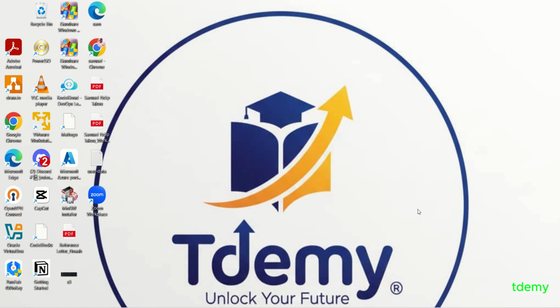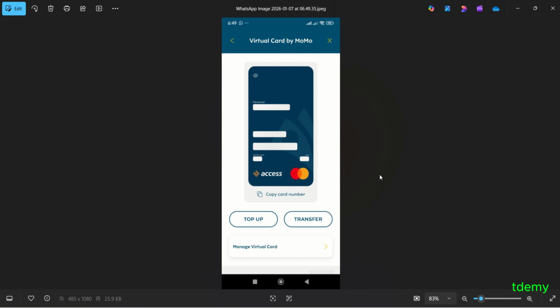But today I want to present to you the MTN or Orange virtual card. MTN and Orange are ISPs in Cameroon. They are ISPs in Africa, in most parts of the world. So they have decided that for those having a mobile number from any of those ISPs, you can set up a virtual card. This virtual card can help you to do so many things, can help you to purchase online, and most especially, while we are here, it can help you to set up your AWS management console,